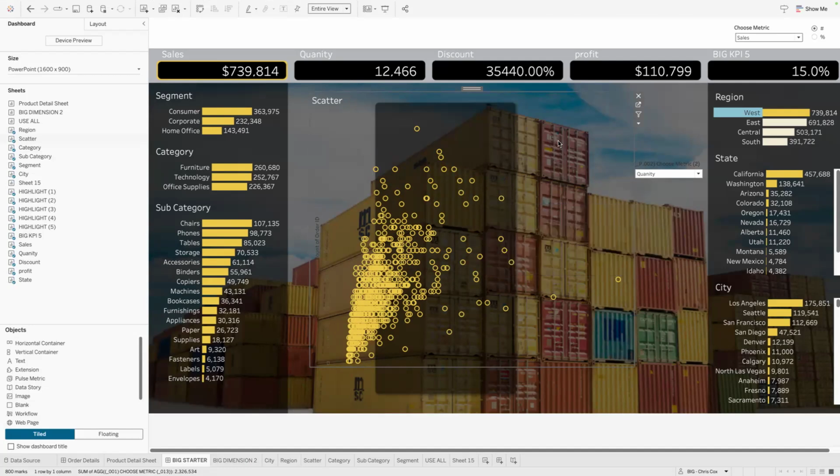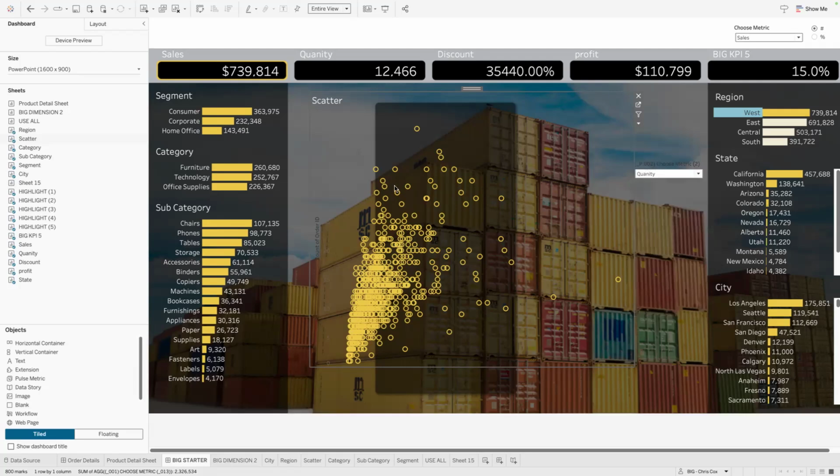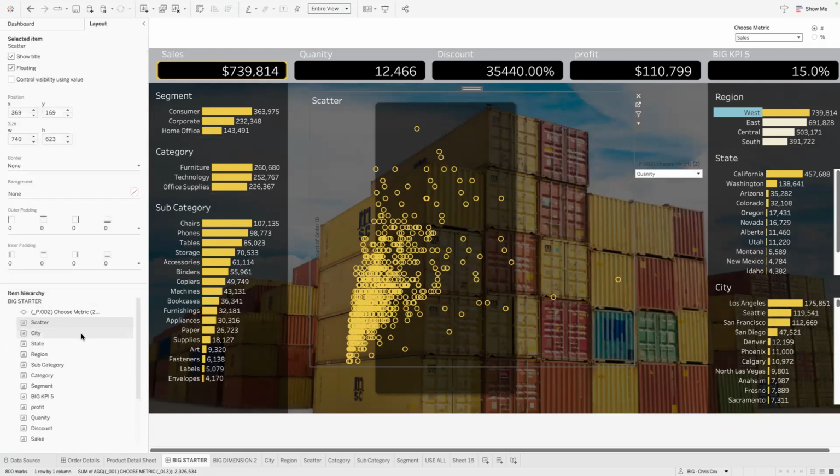So typically I'd want to do, actually, let's do this. This would be a good way to do it. Parameter and metric 2. So it's already there, probably hidden from me. Tableau likes to hide things.